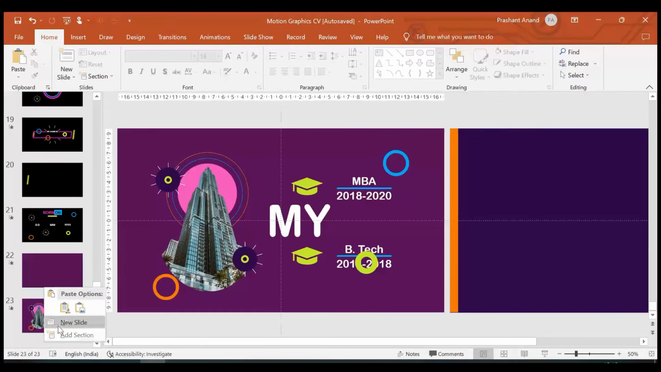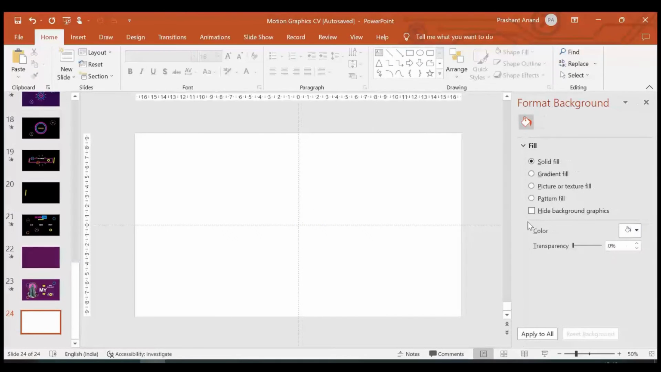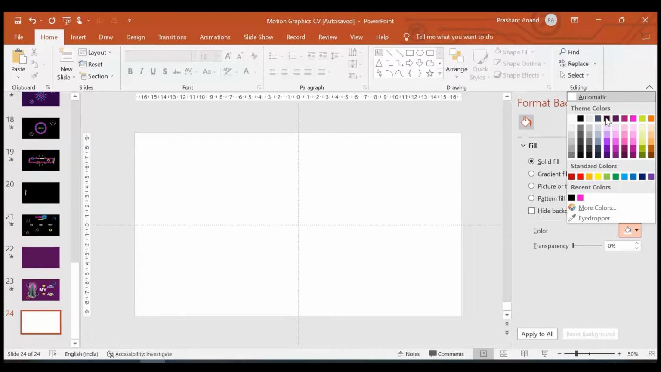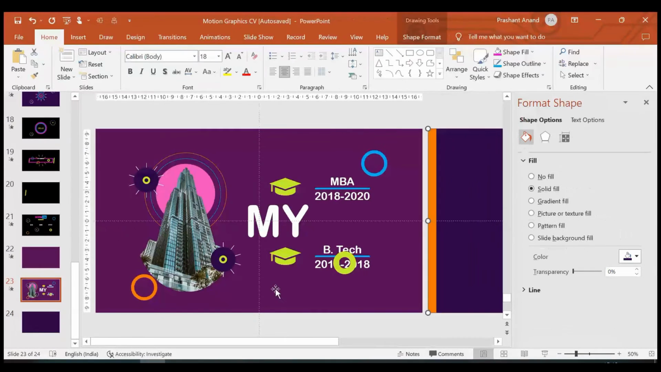Now let me quickly insert one new slide and format its background. And for this background color I am selecting the same color which was there for this cover. Okay,